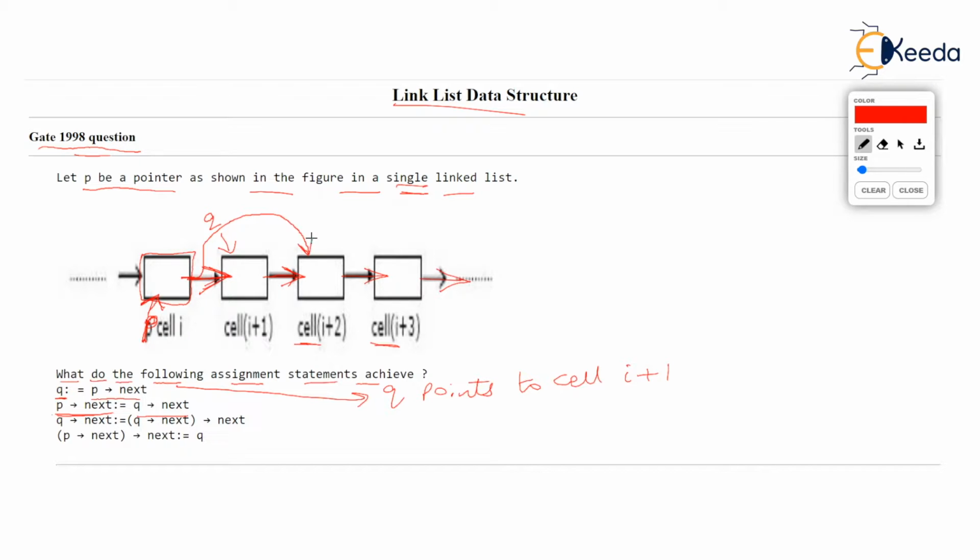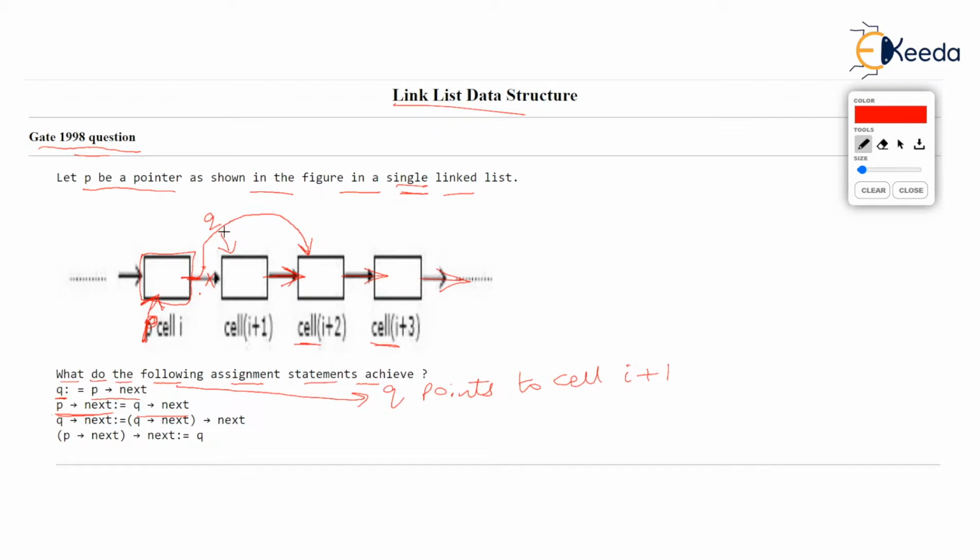Isn't it so? So basically what will happen is P arrow next was pointing to cell I plus 1, but now P arrow next will point to cell I plus 2. So the link which I am striking off is broken now, because P arrow next points wherever Q arrow next points.